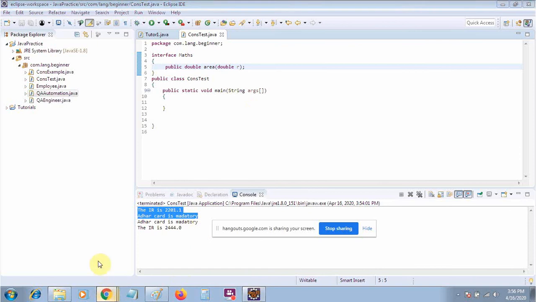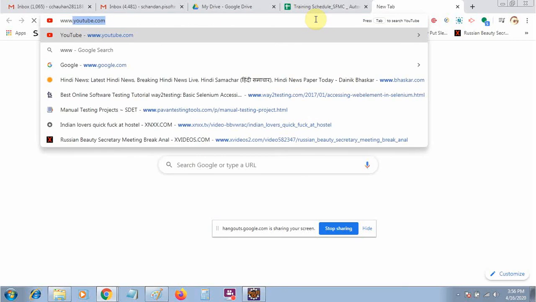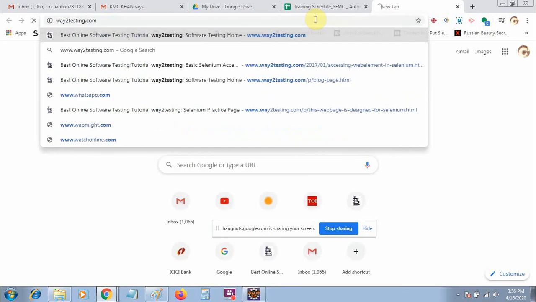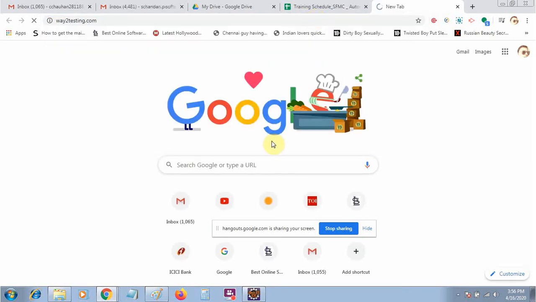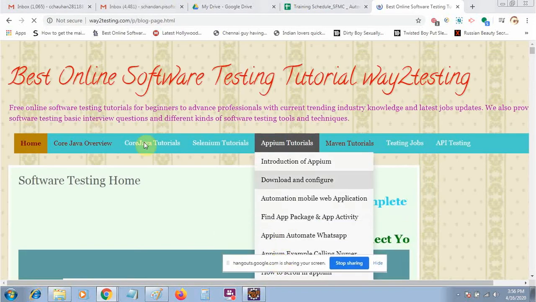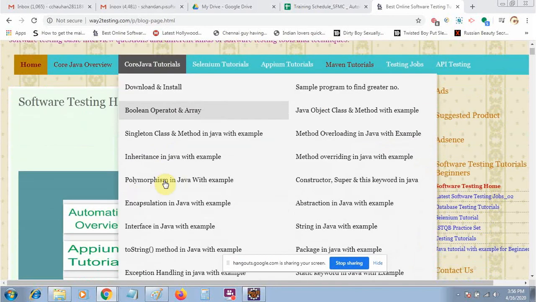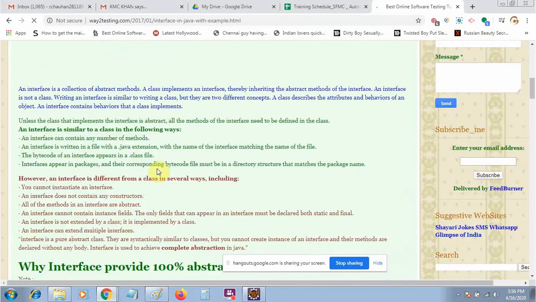I will open my website. Let's first understand what the interface is, then we will work on the example.